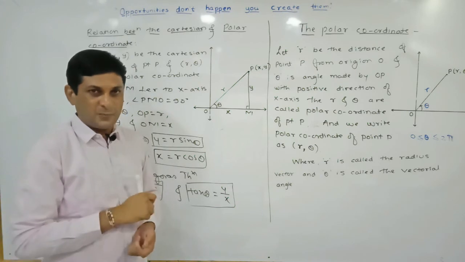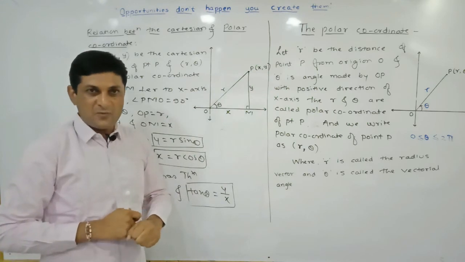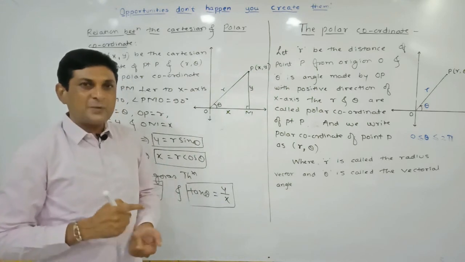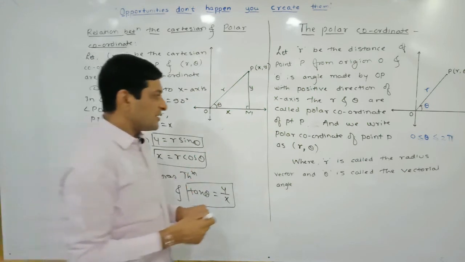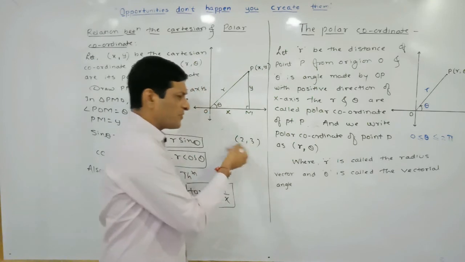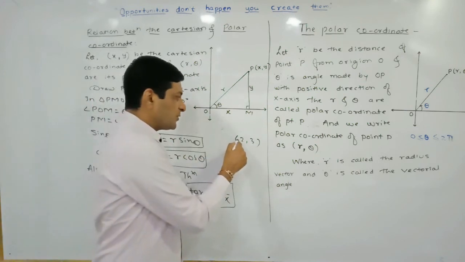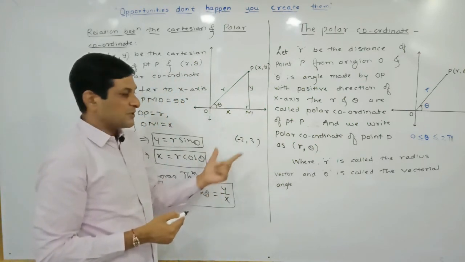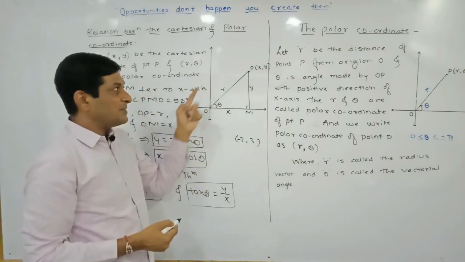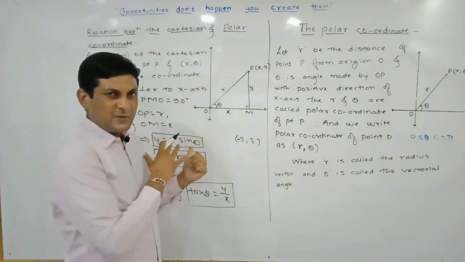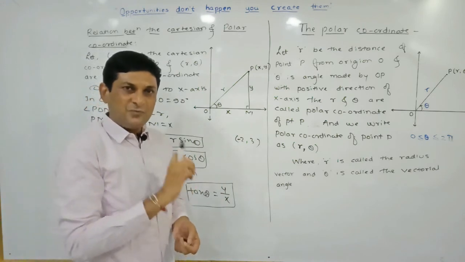Observing the Cartesian coordinates of a point, we are easily able to identify whether that point lies on an axis or in a quadrant. Suppose the coordinates of a point are 2, 3. From this we can easily say that both coordinates are positive, which means the point lies in the first quadrant. Suppose the x coordinate is negative and the y coordinate is positive, then we can say that the point lies in the second quadrant. At that time the value of theta is between 90 and 180.